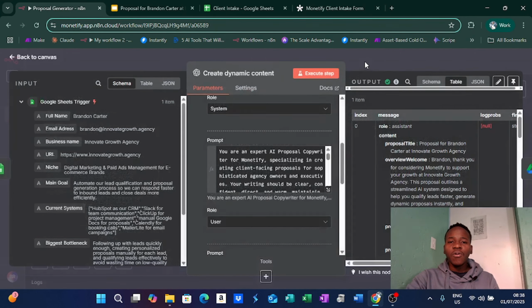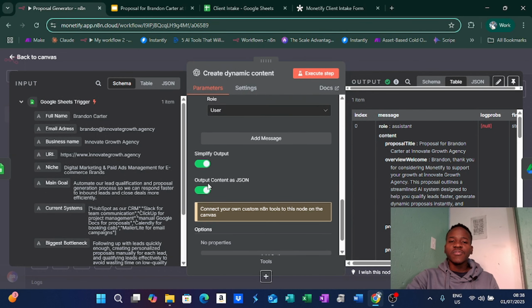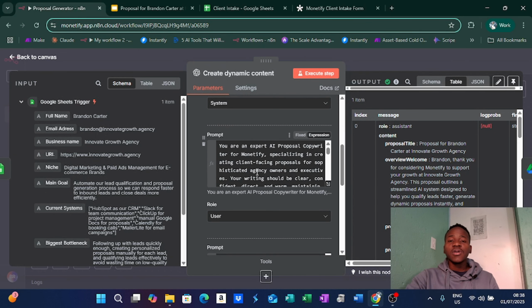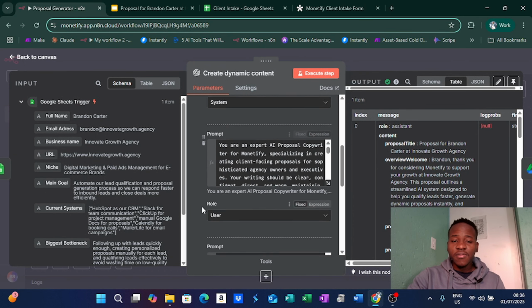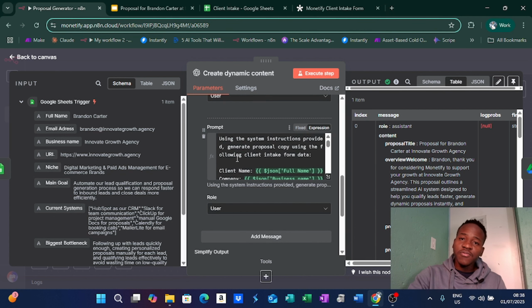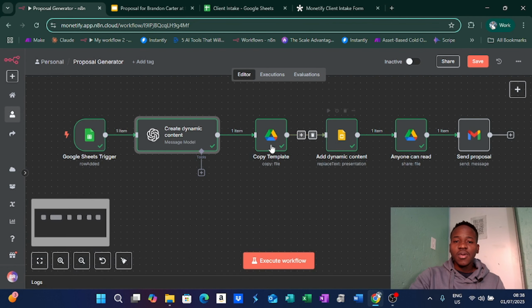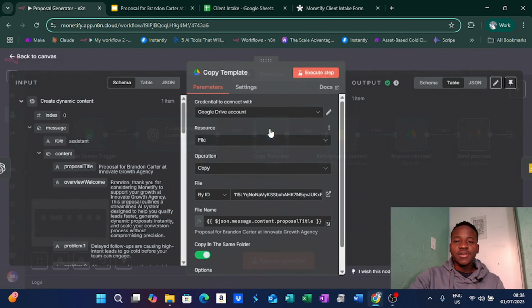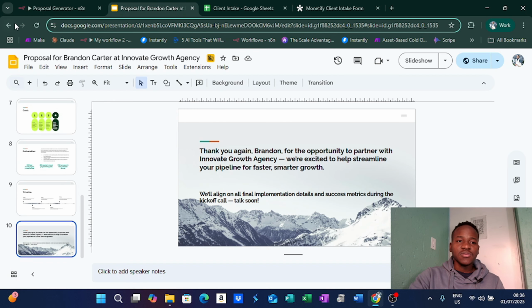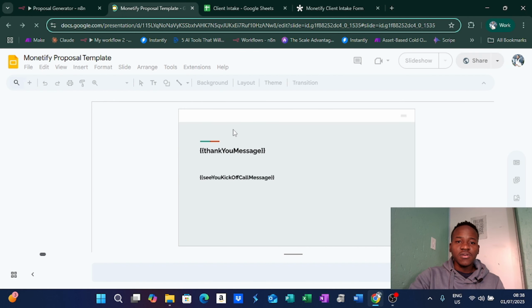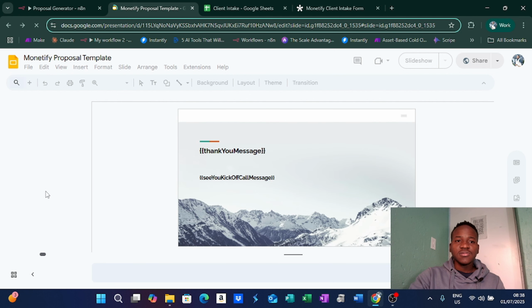If you want, you can give it more and more information to improve the message. It's totally dependent on how much you want to give it. The more information you give it, the more accurate it will be in the creation of your proposals. And then from there, what we're going to need is to copy the template. So if I go back here to the templates,